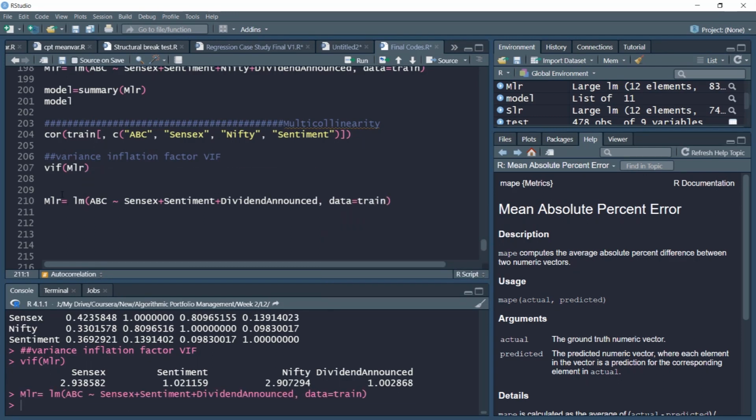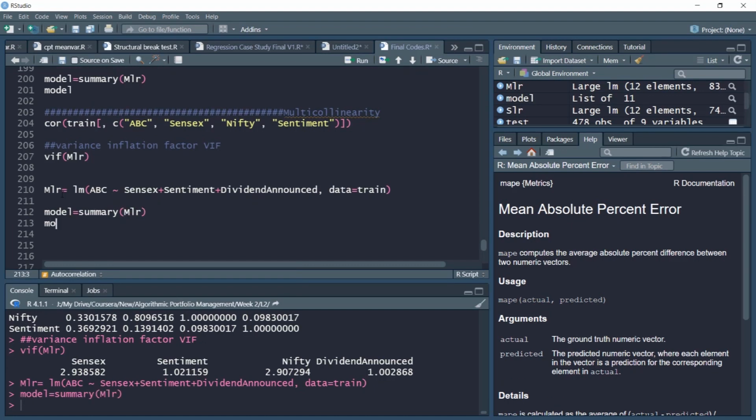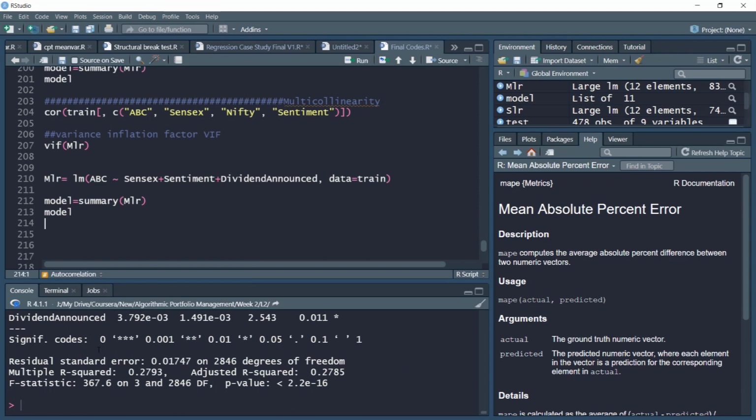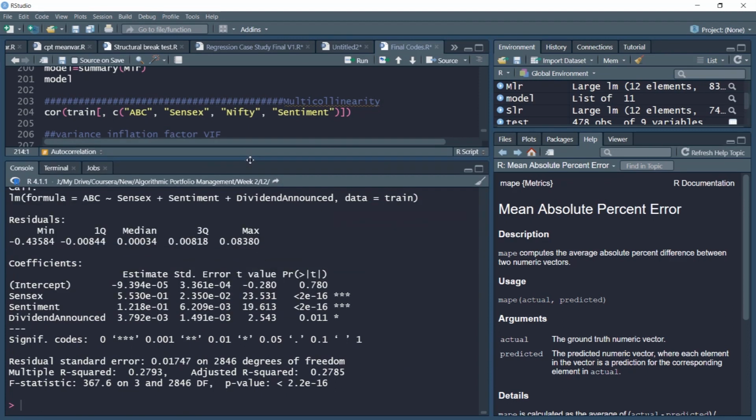Let us run this model and summarize this into a model object. We'll create a model object in which we'll put our summary of the model. We'll print this model object, and again the adjusted R-square numbers are the same, but notice the Sensex has much higher significance as compared to earlier.